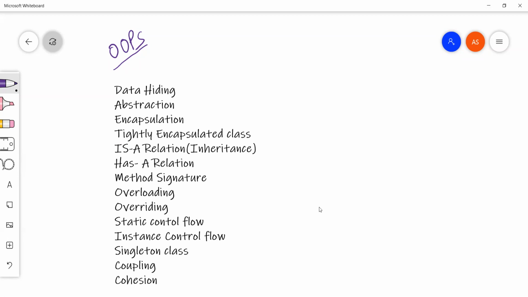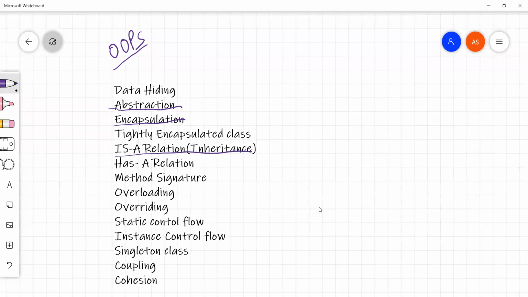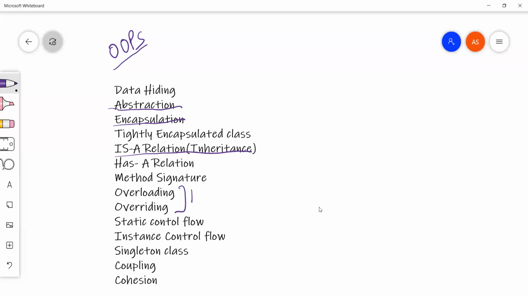You have heard about abstraction, encapsulation, inheritance, and one more concept which we'll be covering here, that is polymorphism. So these are basically the core pillars, we can say. And this is the fourth one.